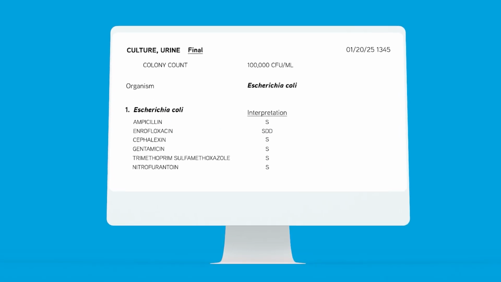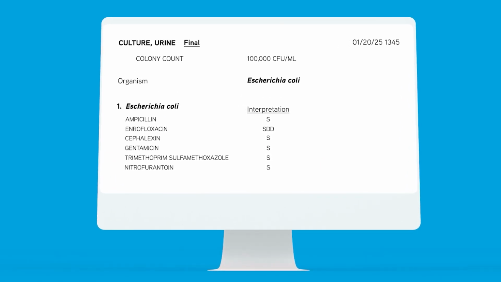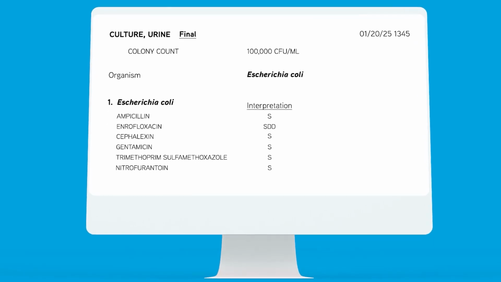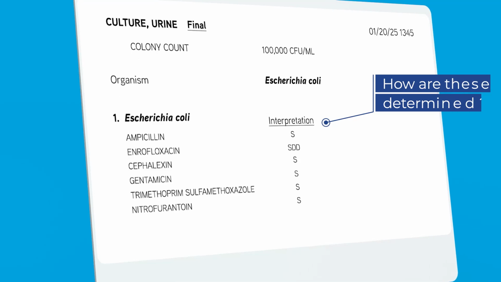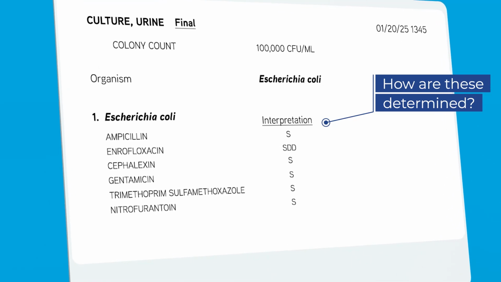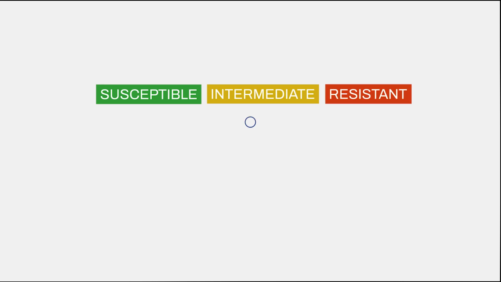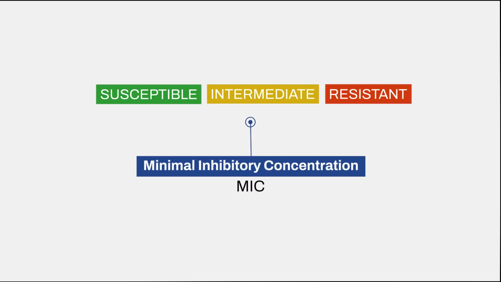Recently, you may have noticed something new on your clinical microbiology reports. You're probably used to seeing S's, I's, and R's on a susceptibility report. But how are these determined? An interpretive category S, I, or R for a breakpoint is based on the minimal inhibitory concentration, or MIC, of